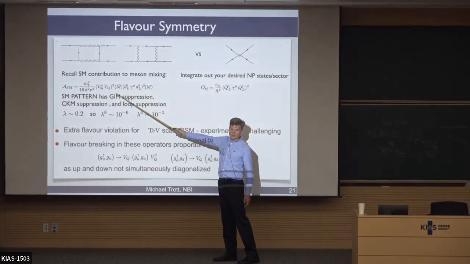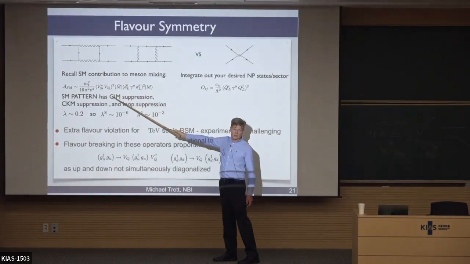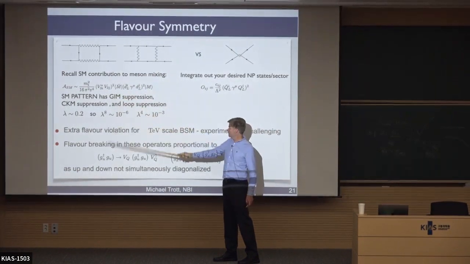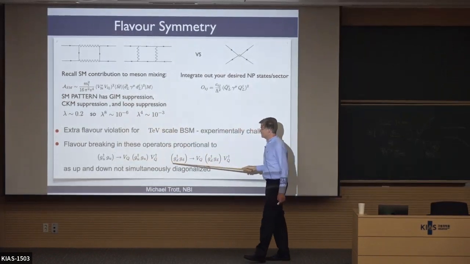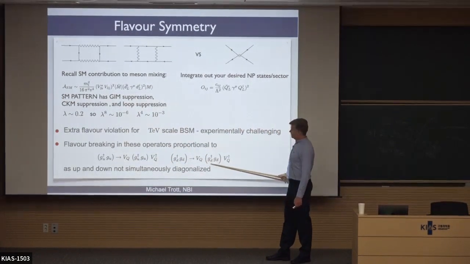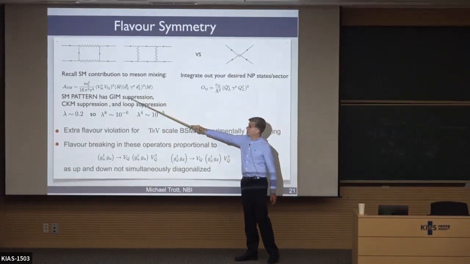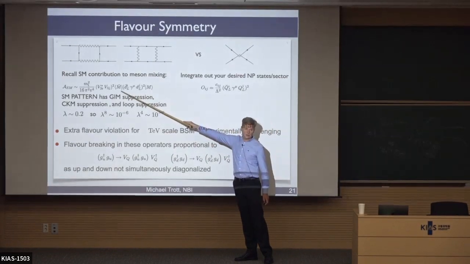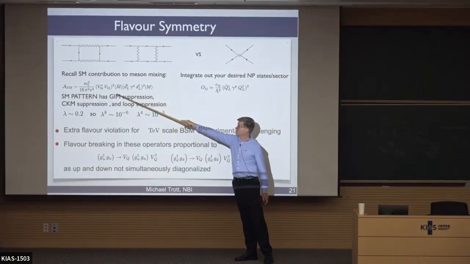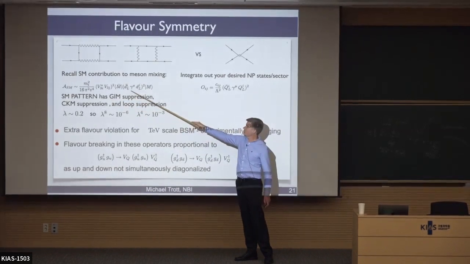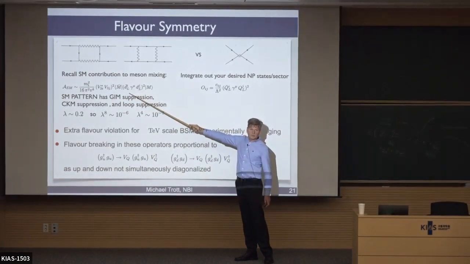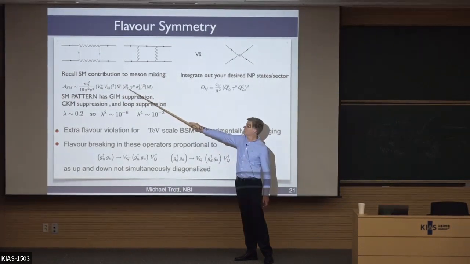All right, so if you calculate something like a meson mixing diagram like this, the very specific form of flavor symmetry breaking in the standard model tells you, from the spurion analysis, that you basically have to have flavor breaking. It has to do with these two guys not being simultaneously diagonalizable. So this tells you the power of Yukawas and the CKM factors that have to appear, which appears exactly in these scattering diagrams. That's where the power is in front of the CKM here. And that also helps you understand why there's a leading mass dependence associated with the GIM mechanism and the breaking of the GIM mechanism, leading to a very hierarchical and very specific pattern of meson mixing